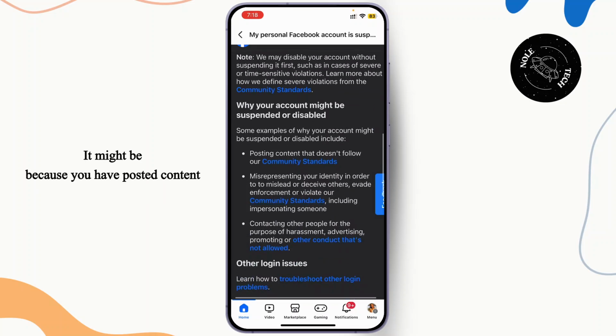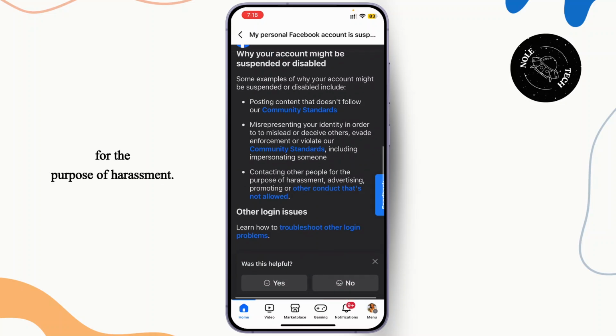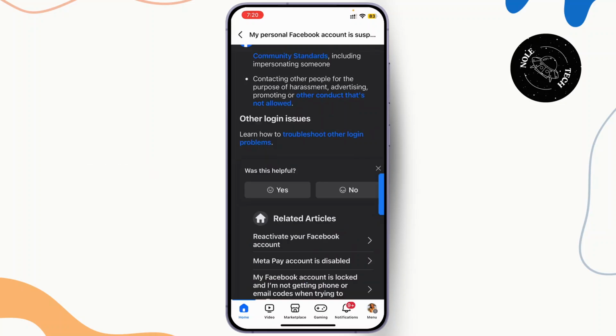It might be because you have posted content that doesn't follow the community standards, misrepresenting your identity in order to mislead or deceive others, or contacting other people for the purpose of harassment. But if you haven't done any of those, then your account might have been disabled by mistake. So don't worry, you can request for a review. To do this,